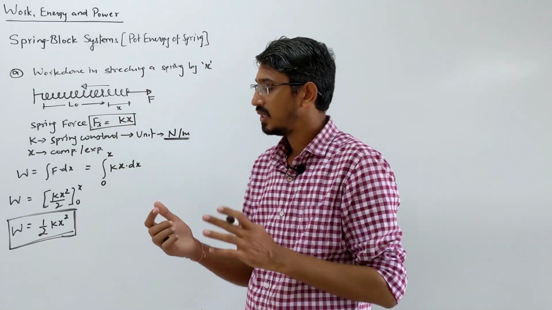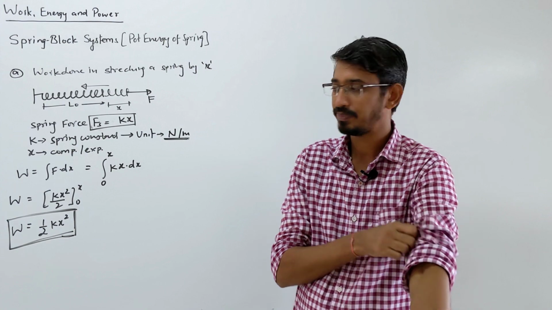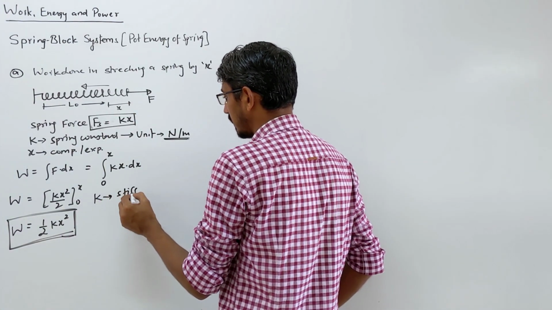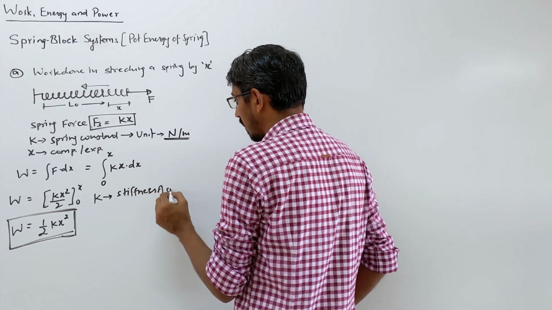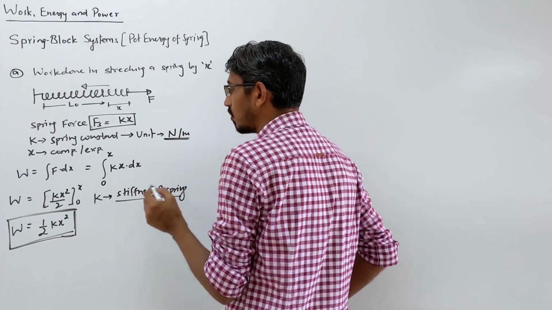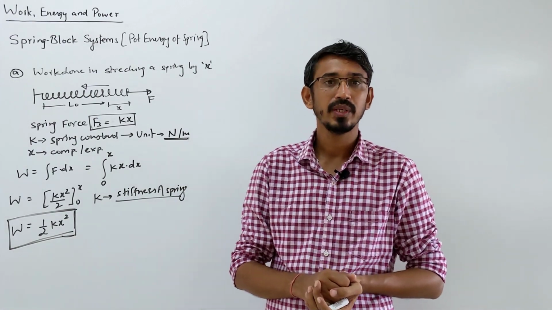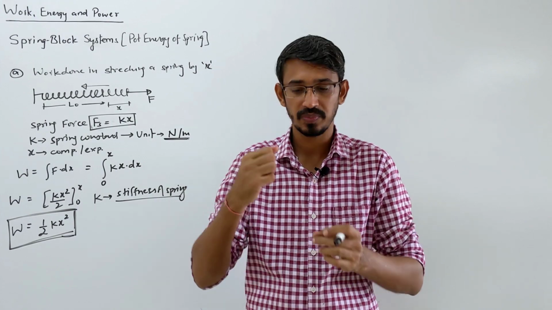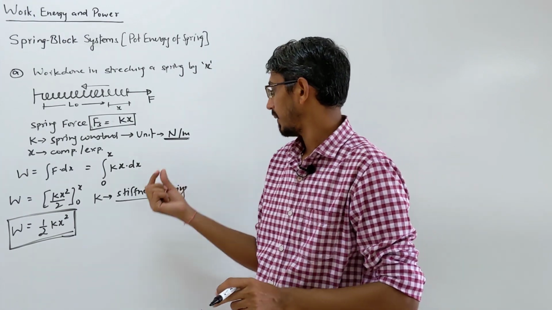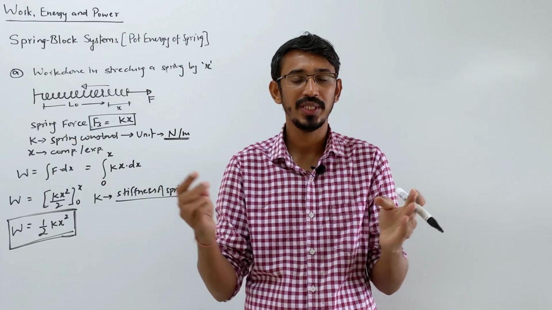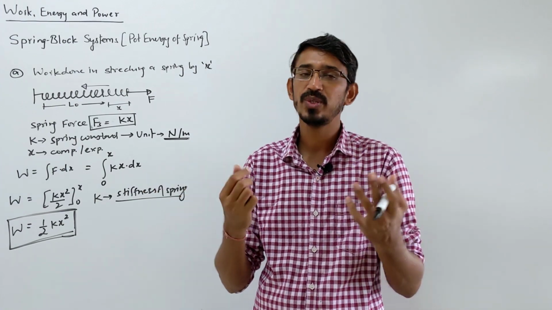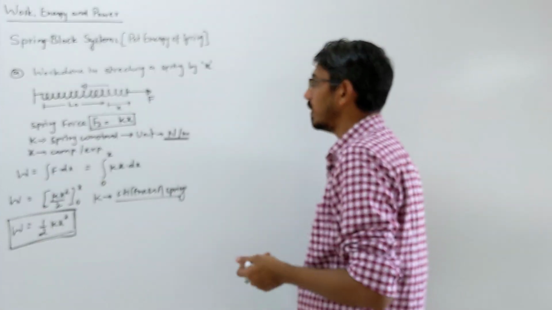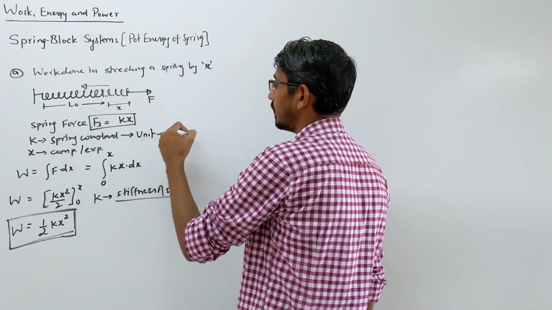This K tells you the rigidity or stiffness of a spring. Let me write it here. K tells you stiffness. Stiffness means how hard it is to compress or expand a spring. Suppose the K value is very high, then it's very hard to compress or expand that spring. The spring is very strong, you say. K is small means a very flexible spring, so it is easy to compress and easy to expand. K is the stiffness of the spring, a constant for a particular spring. Its unit is force by distance, Newton per meter.